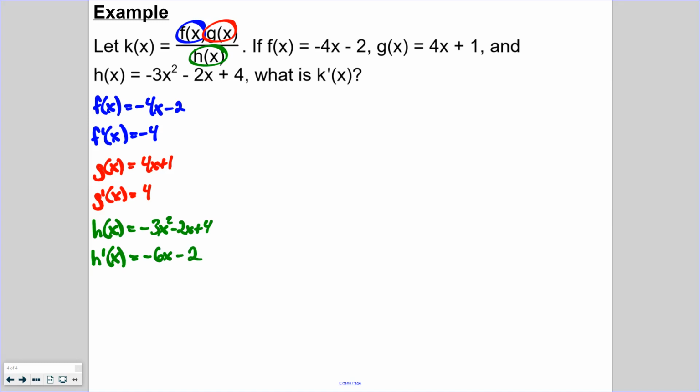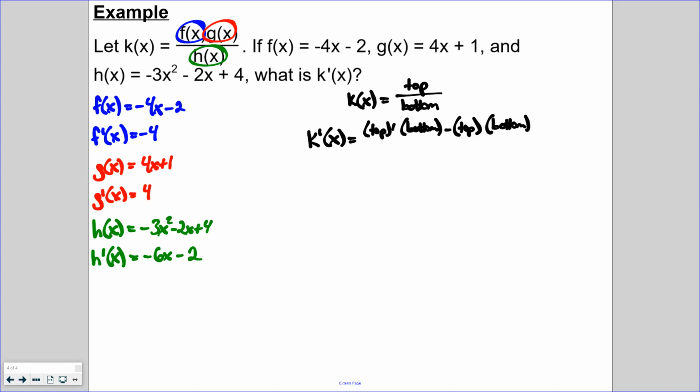All right, so let's see. We're going to start off with our function k of x, and we know that it is a quotient, so just like before, we're going to have top over bottom, which means we're going to eventually need to define those terms. But if we do take the derivative, we can apply the quotient rule. Derivative of the top times the bottom minus the top